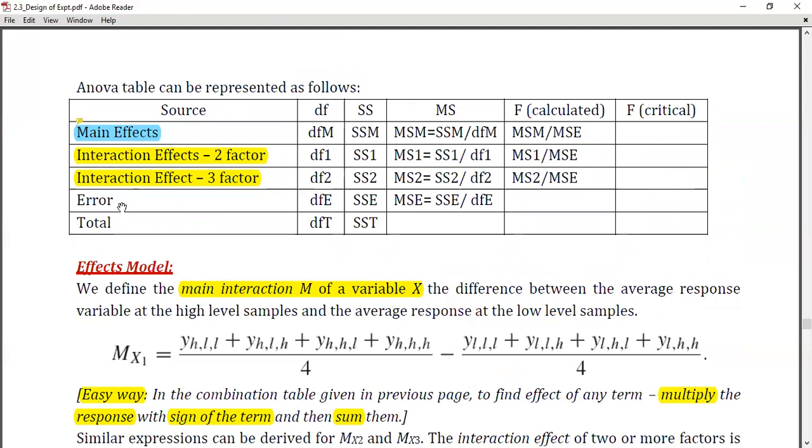Same ANOVA, multiple ANOVA will be used with respect to error, interaction for 2 factor, for 3 factor. So the way what you have done, analyzed earlier, you will get into. So how many terms are there in the main factor? That many degrees of freedom, minus 1. So if you take main effect as three terms are involved, x1, x2, x3, 3 terms are involved here, the degrees of freedom will be 3 minus 1, 2.